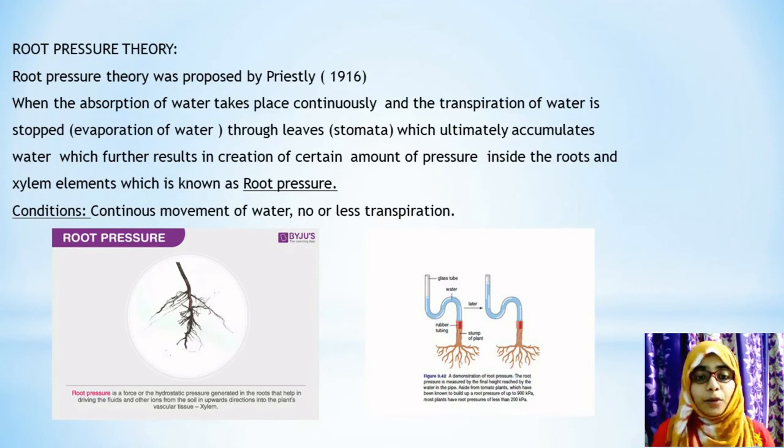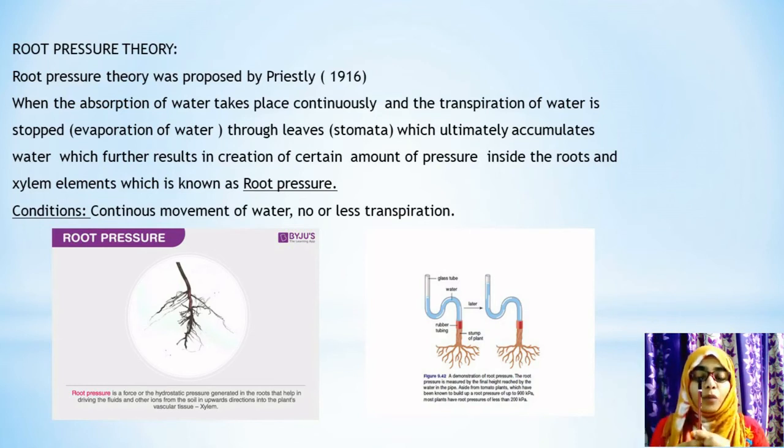You can take an example of a small stem which does not have any aerial parts. You can take this example. This is a pencil. Now suppose this is your roots and this is your stem. You don't have any aerial parts, that is, you don't have any leaves on it.